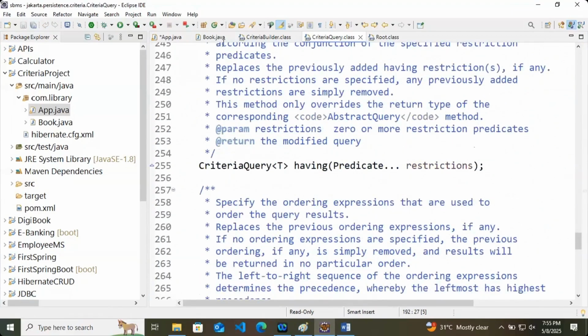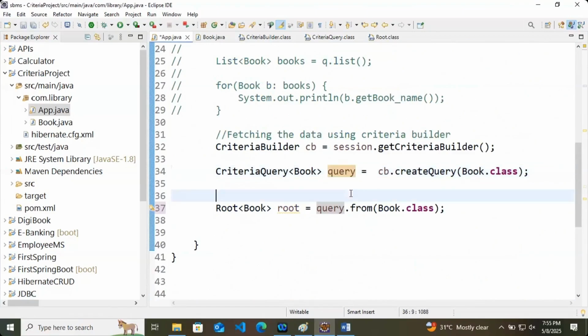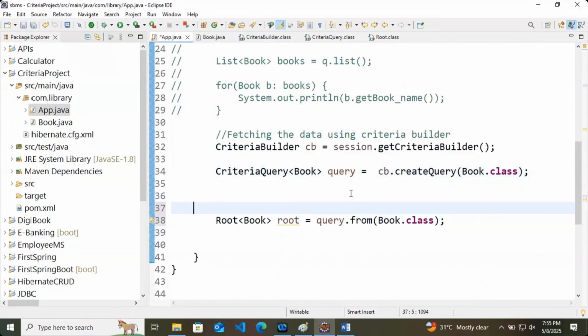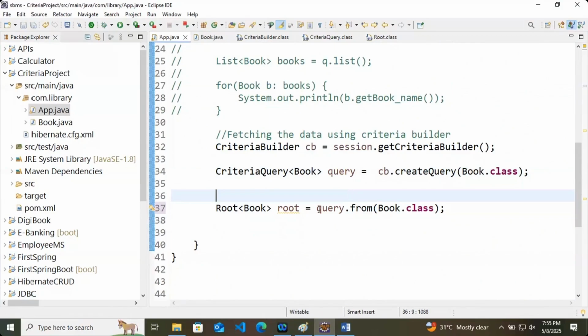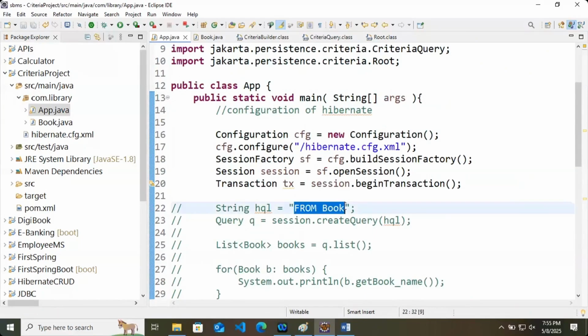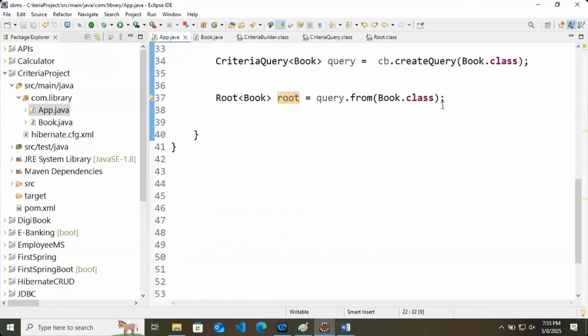So here it has only one select method. In the same way, after creating the root, this root contains the word. What word? From book. You have to do these many things. Now at last, whenever everything is executed, I will call my